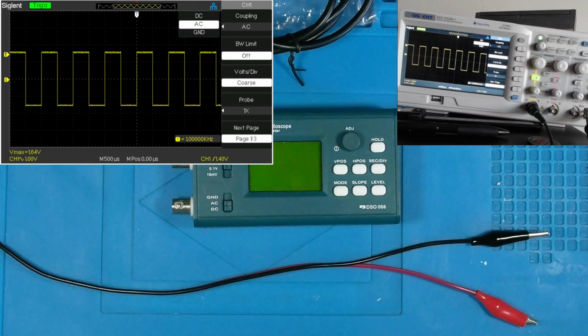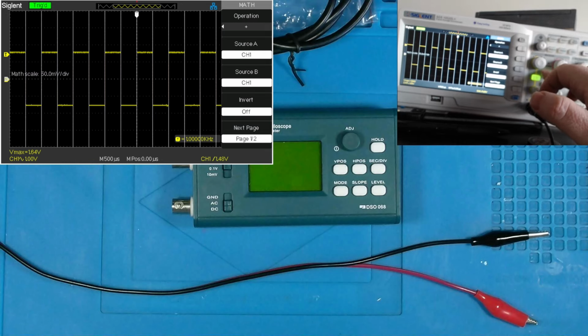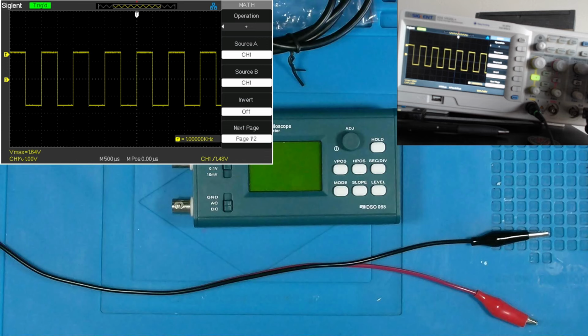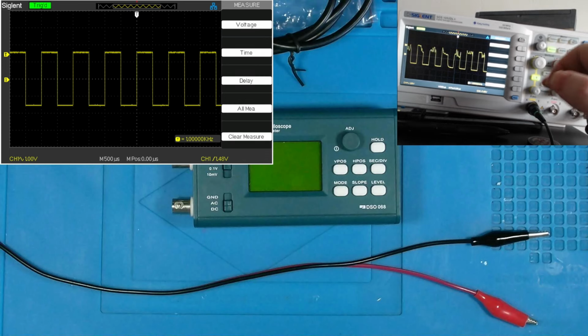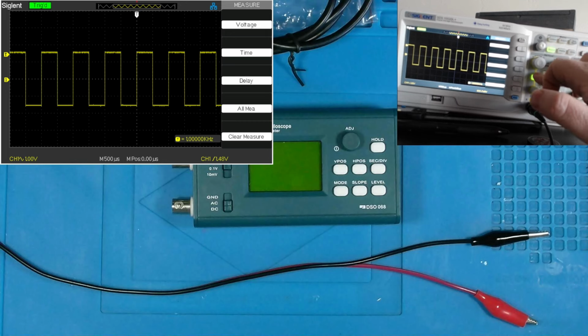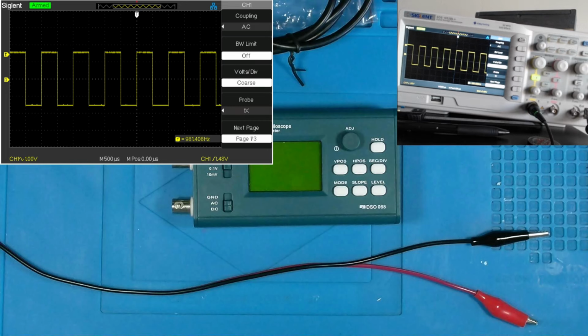Okay, so you need to know what you're using, especially if your SIGGEN has the ability to do math for you. Actually, let me turn that off. Let me go to my measurements menu, and we'll just clear all measurements for now. All right. Now, with probe compensation, what you're trying to do,